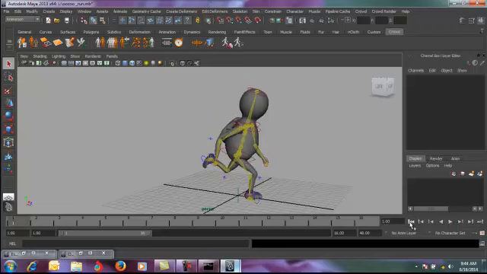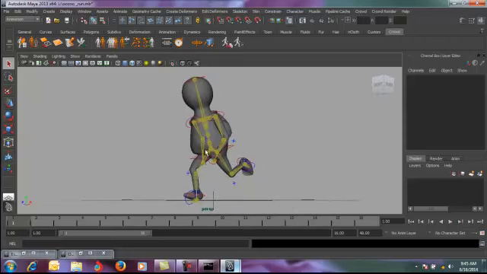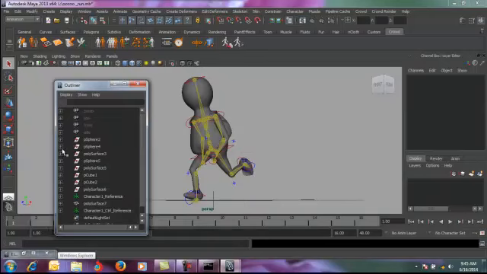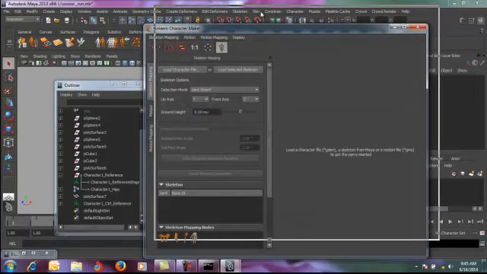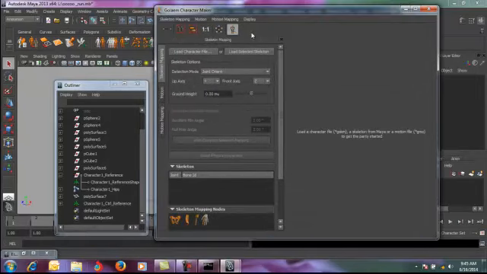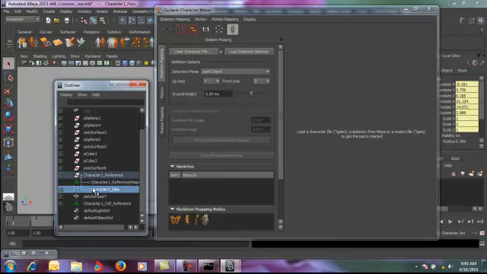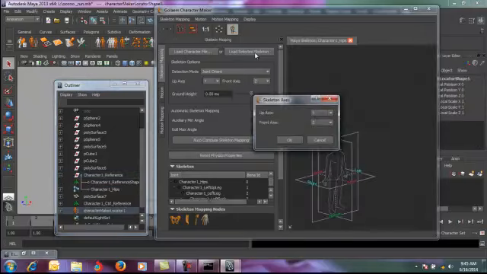First and foremost, what we need to do is create a file which is going to store this rig data. To do that, just open up the outliner here and bring up your root joint. You can see my root joint is here. So I'll open up this option here, which is going to save my character in a Goal EM format. I select my character root joint here and I click on Load Selected Skeleton.